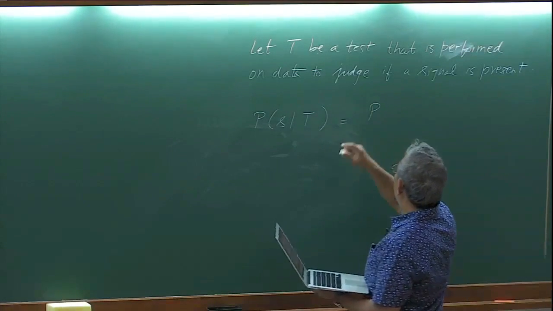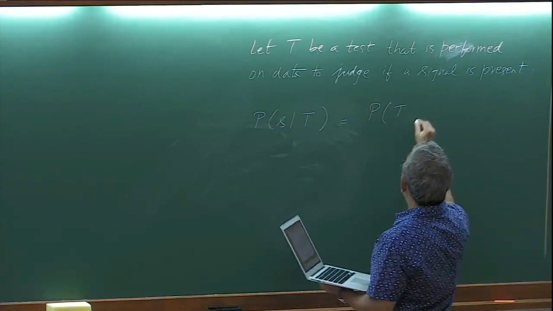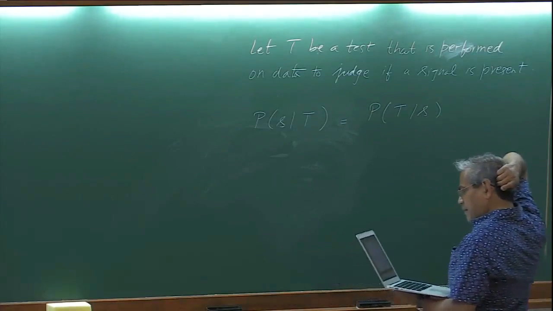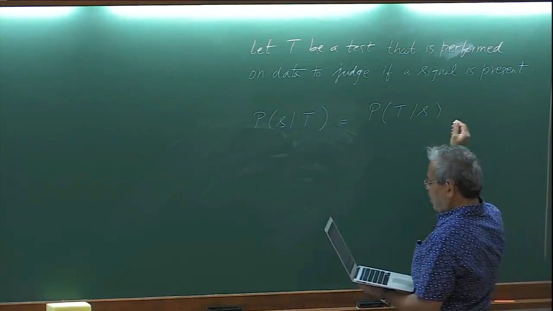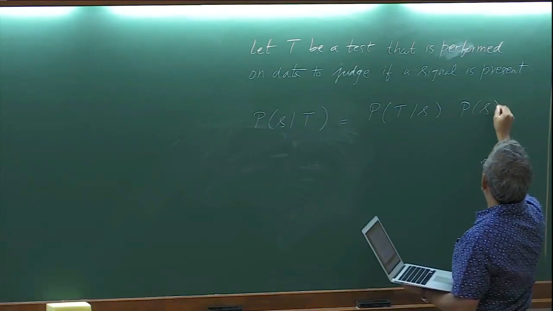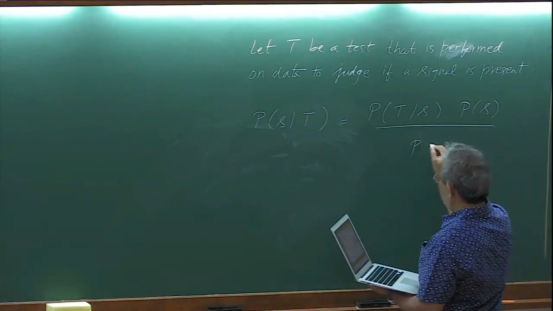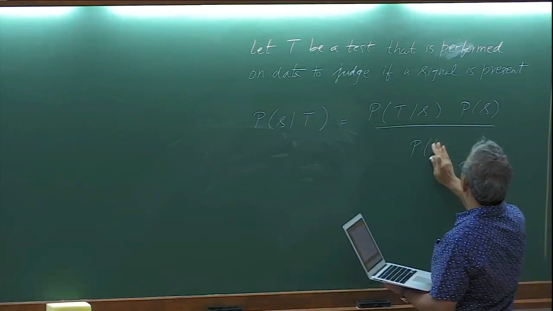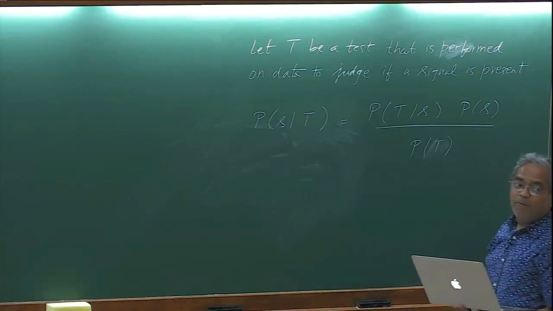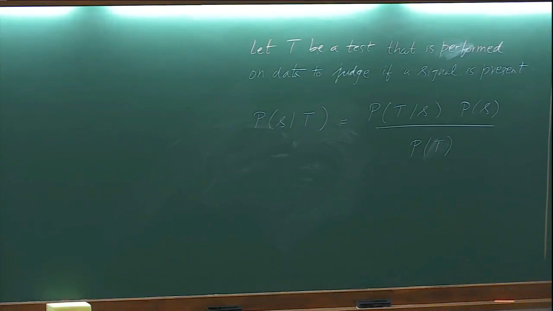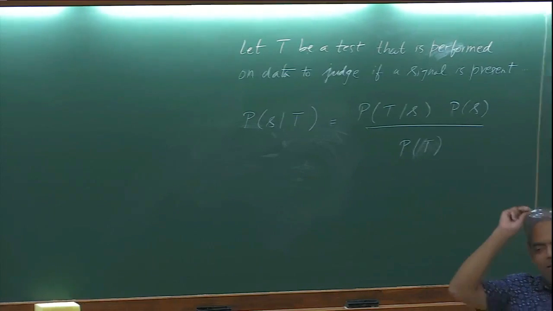Well, that is from Bayes' theorem. The probability that the test is true given the signal multiplied by the prior probability that we have the signal divided by the probability of getting true for all reasons. True, it's a test. The test can be positive, right? It could be even tossing of a coin. You see the data and you toss a coin and you can decide, depending on heads or tails, whether or not it contains a signal. There's nothing wrong with it. That's one of the analyses that you could do.